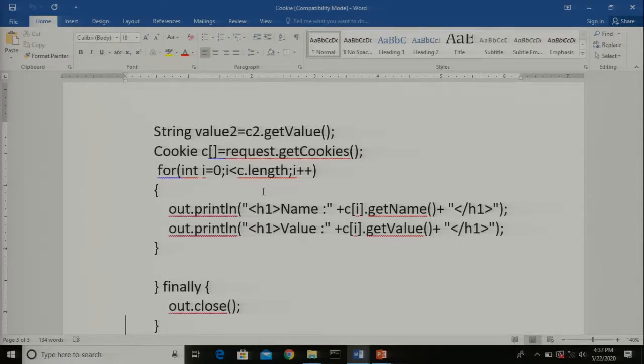So here you can observe we are accessing C1, the getName. This method getName returns the name of the first cookie and getValue returns its value. Similarly, the second cookie can also be accessed. Because of that we are using the getCookies method. So however many values you have sent, all those values will be accessed and the cookie names and values will be displayed over there. So this is how the cookies work.